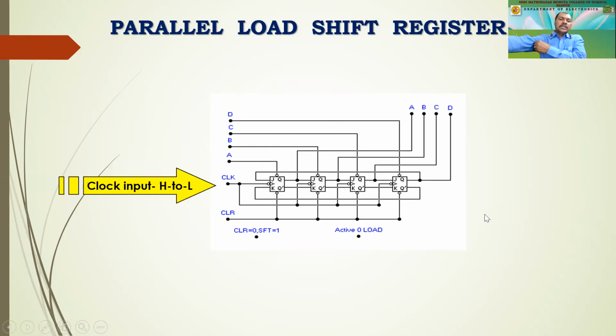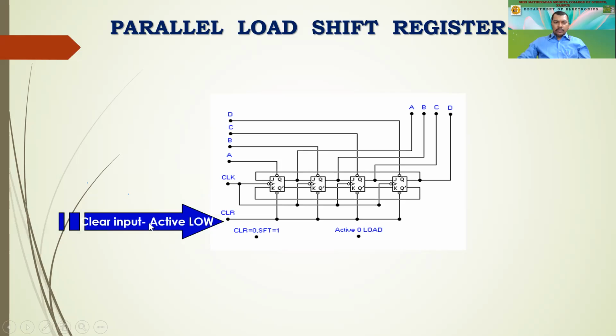Now, how does it work? These are active low. As soon as the clock goes from high to low, these are negative edge triggered. As you are able to see over here, there are bubbles on this clock, which implies that they are negative edge triggered. Negative means whenever we have a falling edge, it goes from high to low. Only then are these flip flops going to work, which we call JK master-slave flip flops, right? So JK master-slave flip flops are used. These are active low.